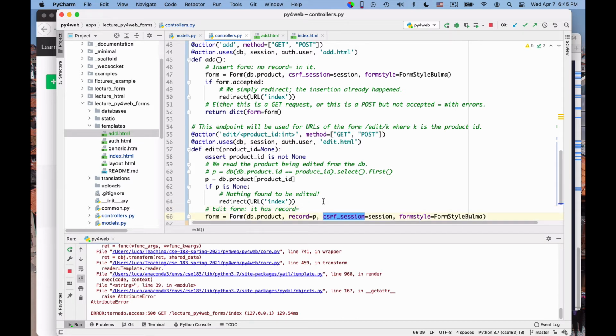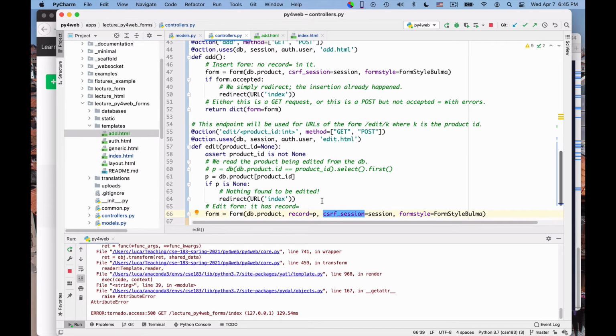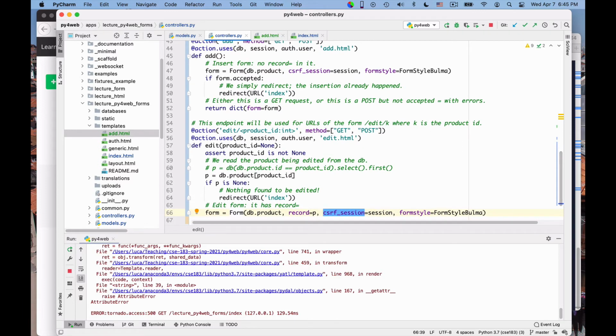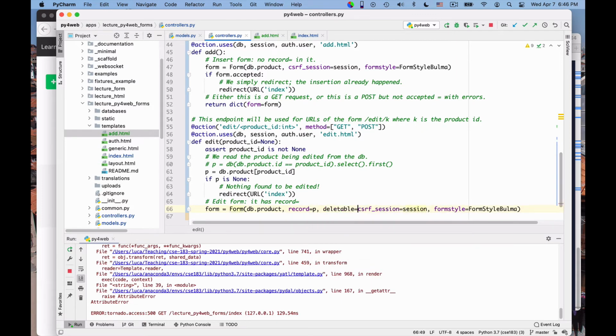I also don't want, normally Py4Web is even too helpful for my taste. It adds a delete checkbox. I want to take care of deletions in my own way later, right? So here I just want to say deletable is equal to false, so that behavior is not triggered. The rest is fine.